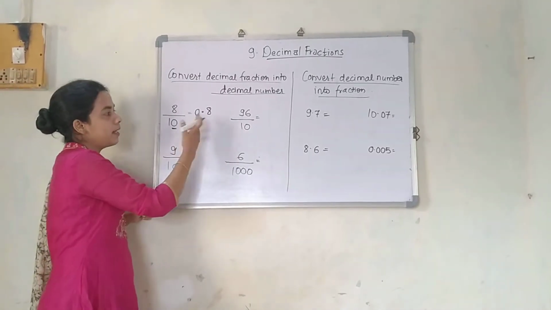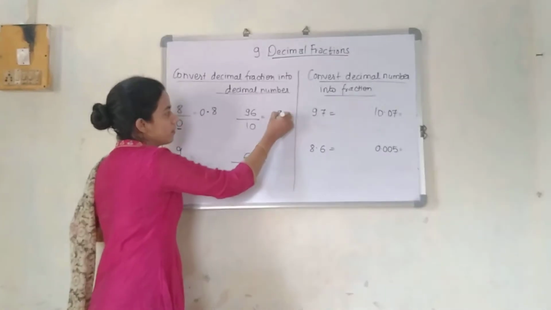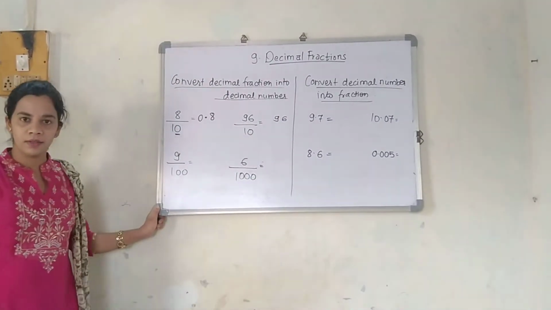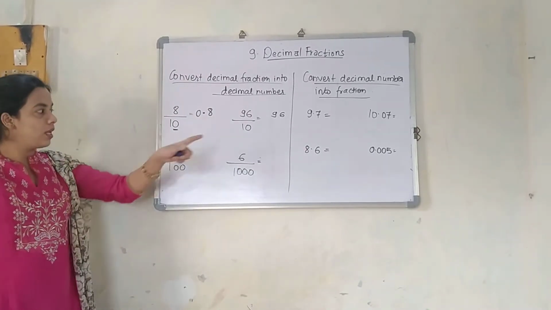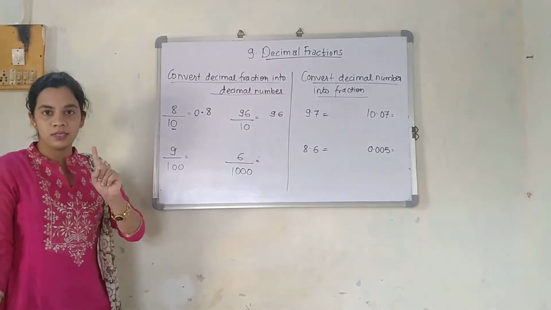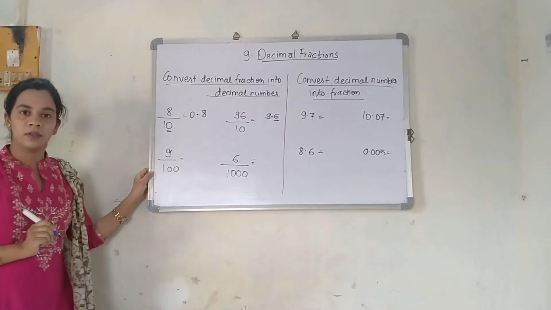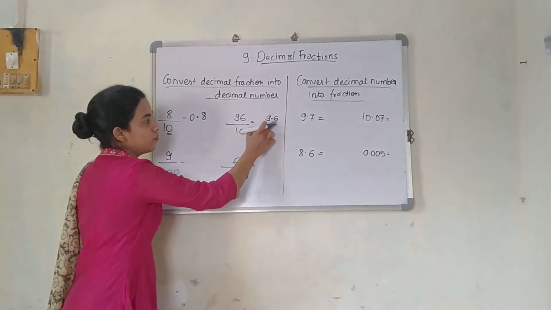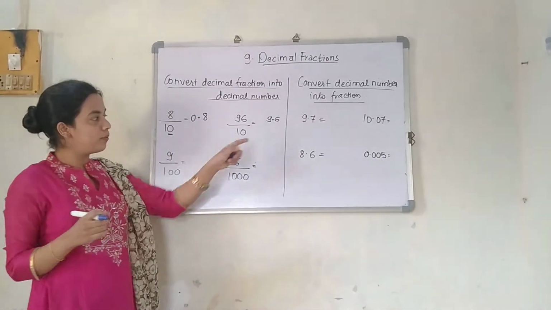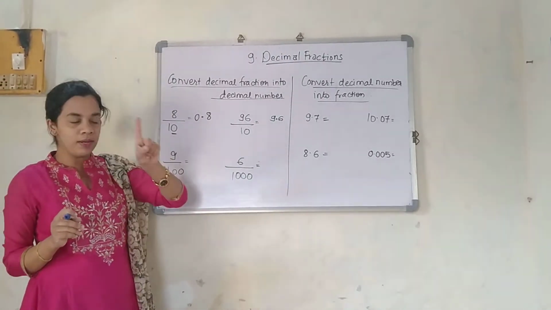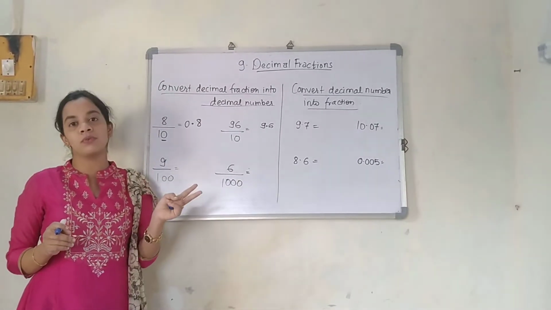We will just clear this idea in the next question itself. What I said, write the number as it is over here. You have written? Okay. You are going to write the number 96 as it is over there. Now see how many zeros are here? 1 0. So leave one place and give point. Understood? From right hand side, yours also. Right hand side you are going to leave one place and give point. Why one place? Because 1 0. If two places or 2 zeros were there, you are supposed to leave 2 places.